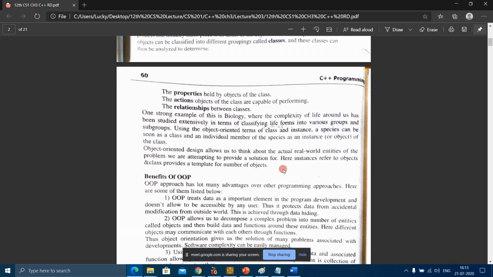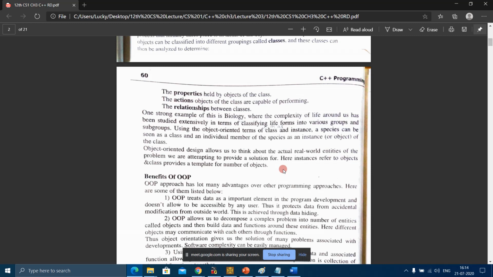Sometimes you might have filled a form, and at the end there is a declaration: I, dash, hereby declare that the above details given are all valid and accurate. Any discrepancy in this, my form will be rejected. There is a blank space wherein you have to give your name. So that's a template. The format is already given to you, and only a few details of your information you have to fill in.